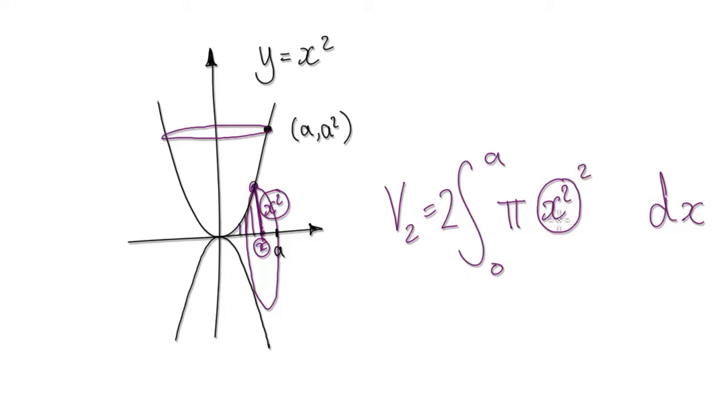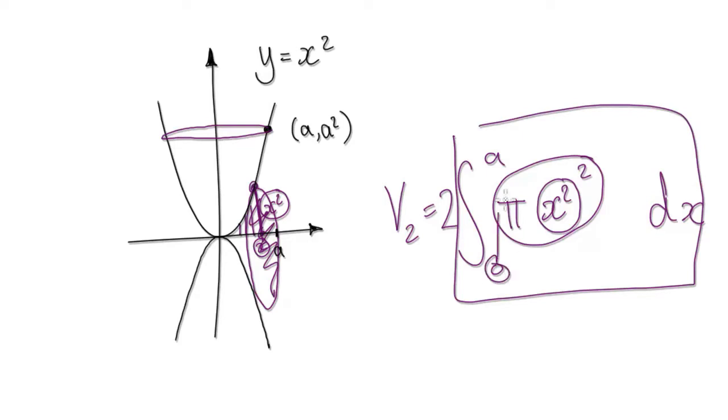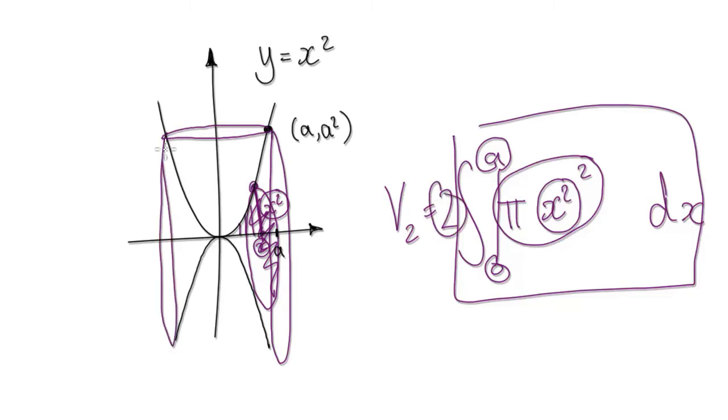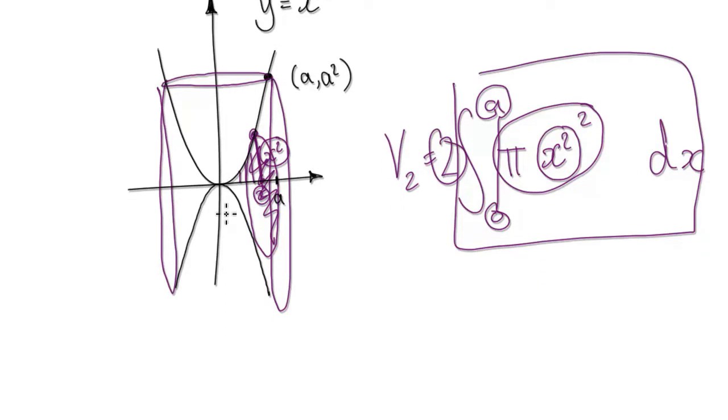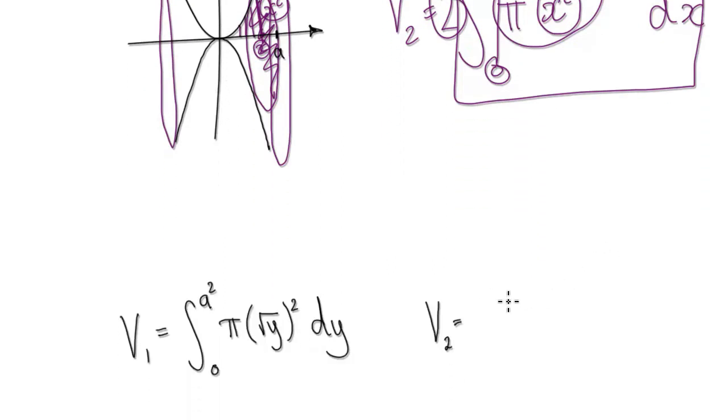That will give you the area of the disk, and then you're summing up all the disks from 0 to a. That will give you half of it, and when you multiply it by 2, it will give you the other half. So V2 is given by 2 lots of the integral from 0 to a of pi x squared